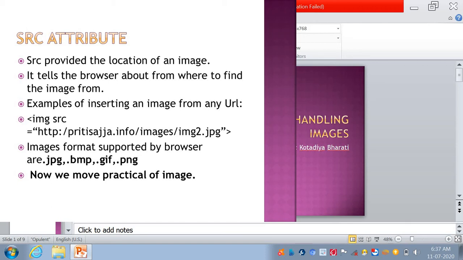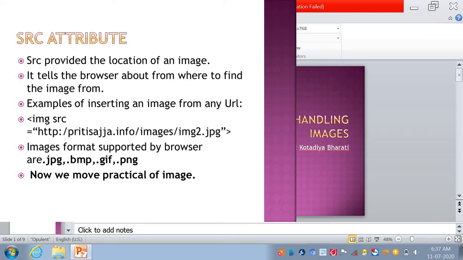So here your source is image src is equal to, here you can type any URL. Here I type http://images/image2.jpg. So here this is my URL of the image. Okay, everyone understood this point?